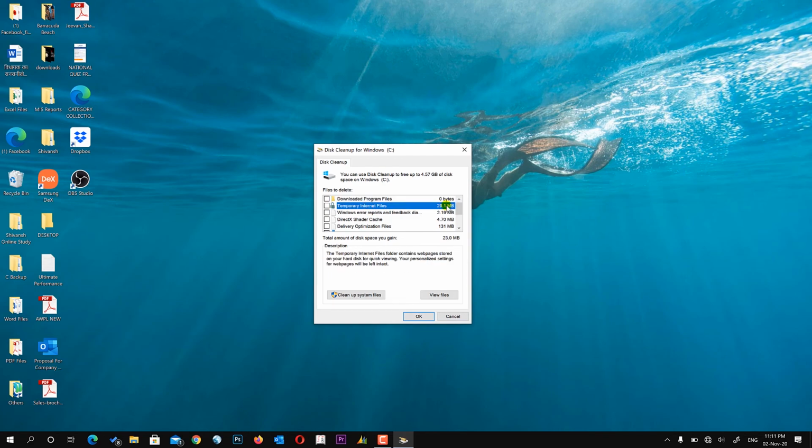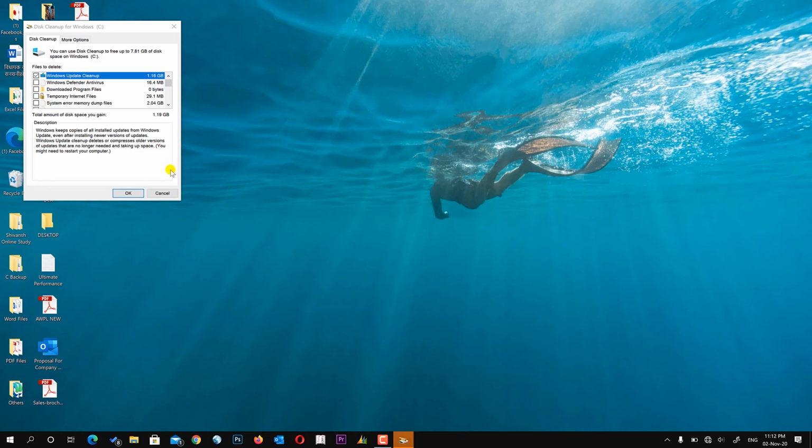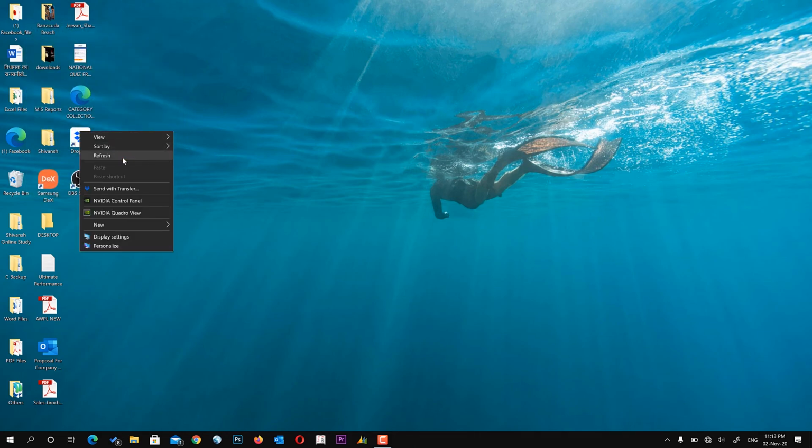So like temporary internet files is there. So as you can see, all files not required by your system and files which you can safely delete, you can simply select which are the ones you want to delete and you can delete. Like download, so just make sure that you are not checking this one, otherwise the download folder will be wiped out, and then press OK. Also you can click on clean up system files. So this is a good opportunity to delete any file on your hard drive which your system does not need, like Windows Update. As you can see, these files are no longer required, so we can safely delete them. Just hit OK and it will get deleted, and definitely it will improve the system performance.